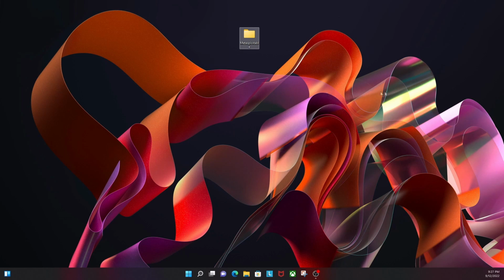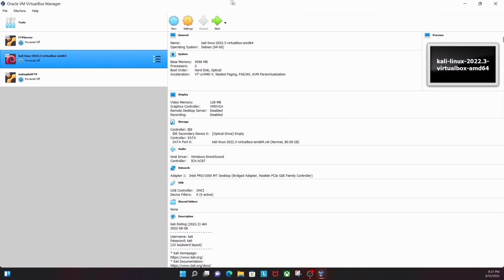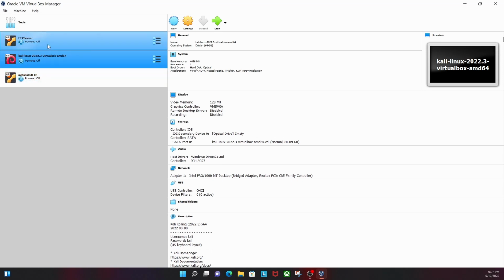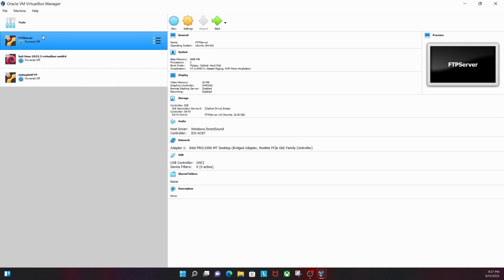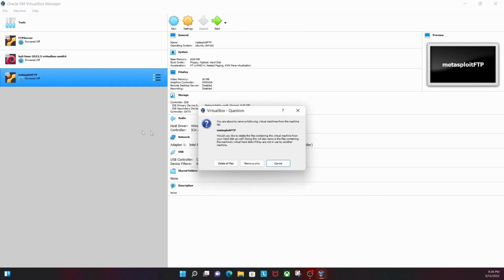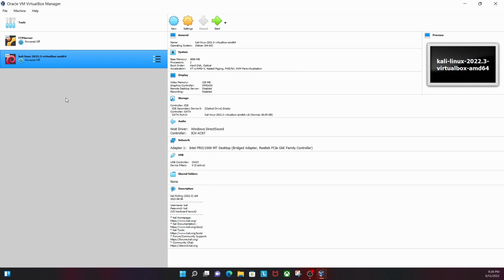So let's jump to the environment setup in the virtual machine. I'm starting my VirtualBox, and this is my VirtualBox. I've already set up these two labs for the victim, and this one is the attacker. This one is the latest version of the Ubuntu operating system, version 22, and I will show you how to install the FTP server and check it from the Kali machine. And this one is Metasploitable, so I'll delete and remove it, and I'm showing you how to